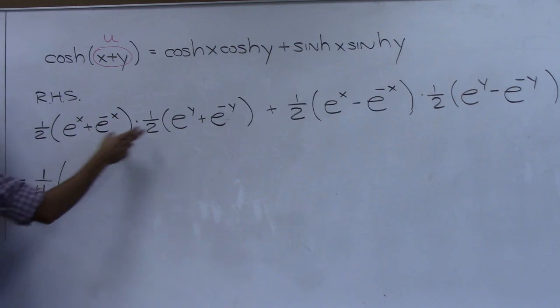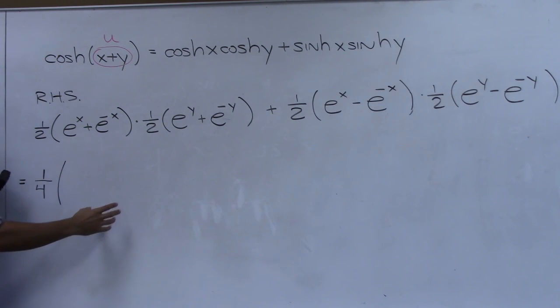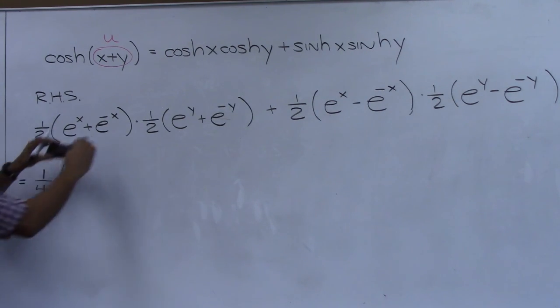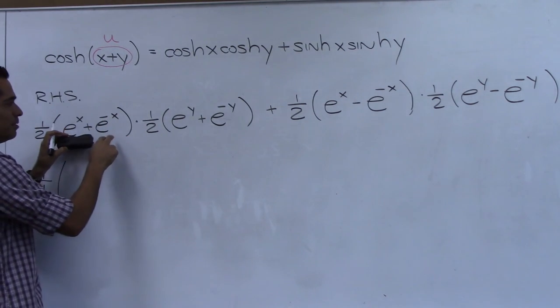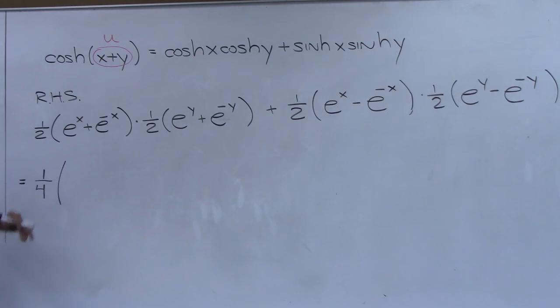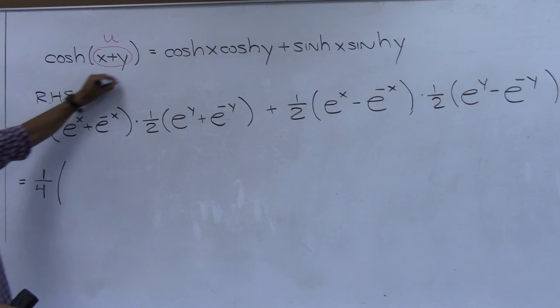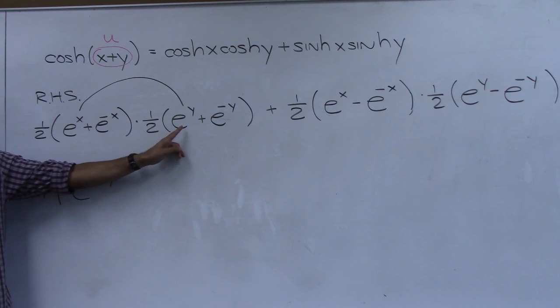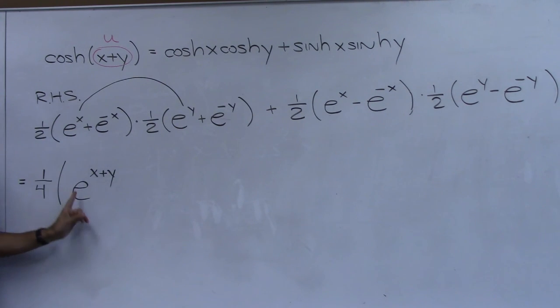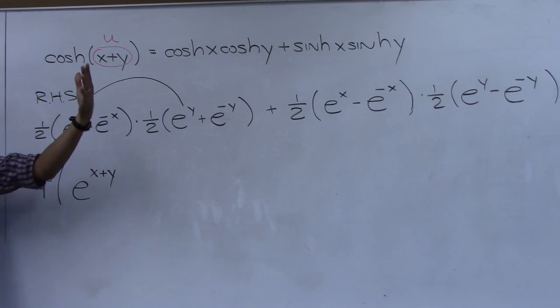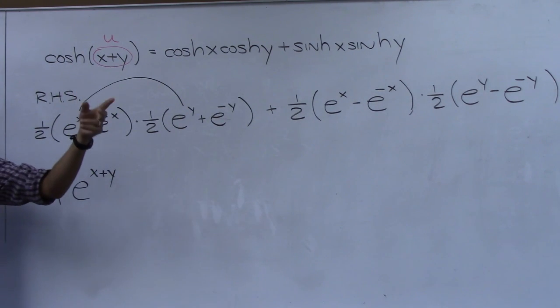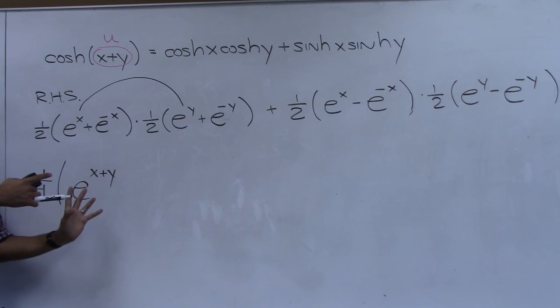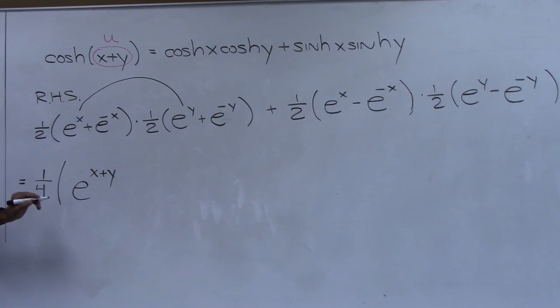And then Ron's going to do this times this mentally, and it's going to be pretty remarkable. Because you're going to multiply this times this now, right? Yeah. So I'm forcing Ron to FOIL this. This times this, what's that, Ron? E to the x plus y. Okay, so let's make sure we're all aware. Remember, we have the same base. So you put them together, you add the exponents, so you get e to the x plus y. Now remember where we were supposed to go with this, right? Didn't we have that in there somewhere? So it's looking promising that this is going to lead us there. Okay, that's just the first multiplication.